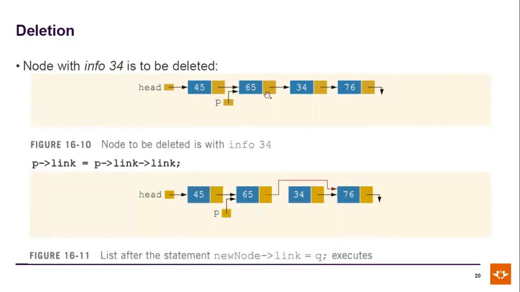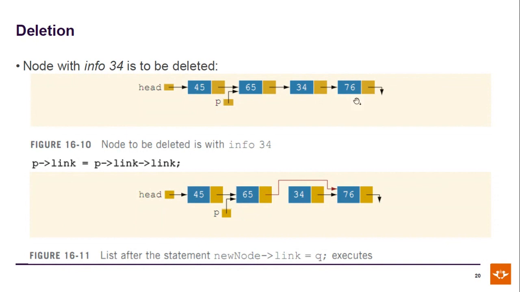Oh yeah, so this is deletion. If we want to delete the node with info 34, then what we do is we don't go to 34. Our pointer, we don't make it point to the node that we want to delete. We make it point to the node that is one node before the node we want to delete. The reason we want to do that is because we want to first make this node point to the neighbor of this node, so that we don't lose